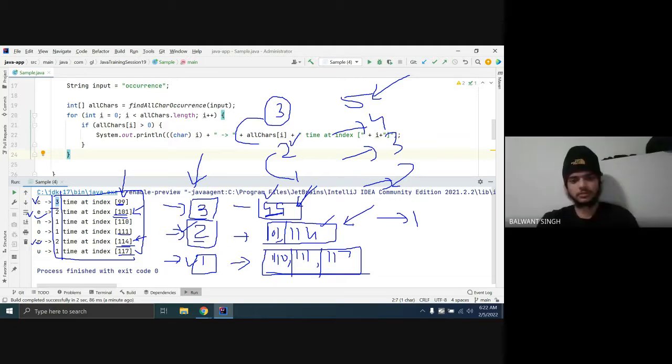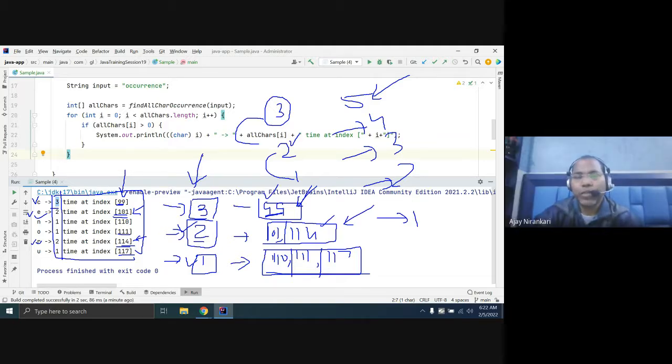Yes, sir. So what we are trying to show is that from the maximum value, we are going to find the number of indexes they have. So we have to write one method first that returns the max, and another method where, if I pass this max, it gives me the index positions.